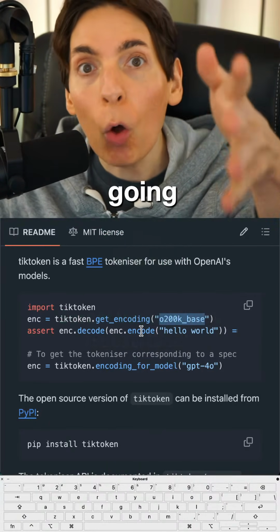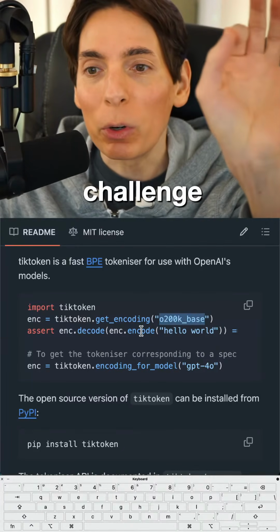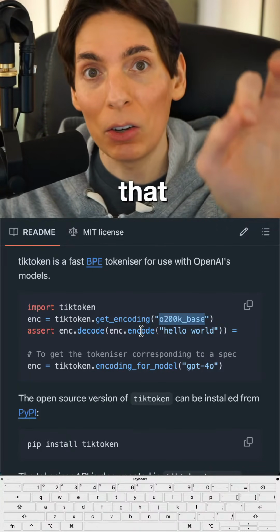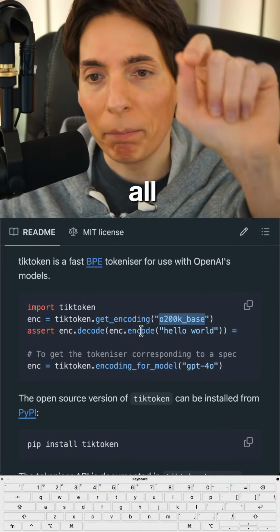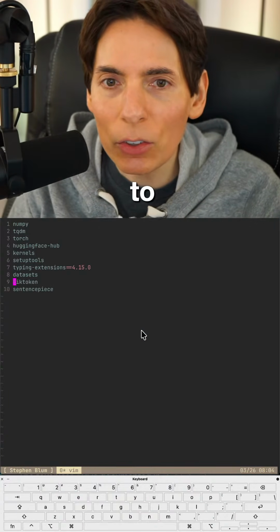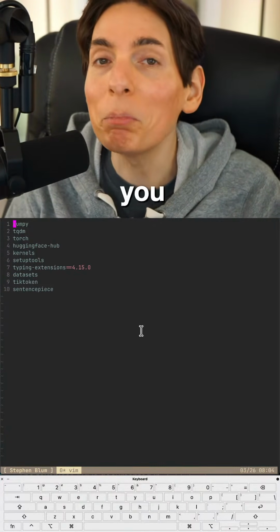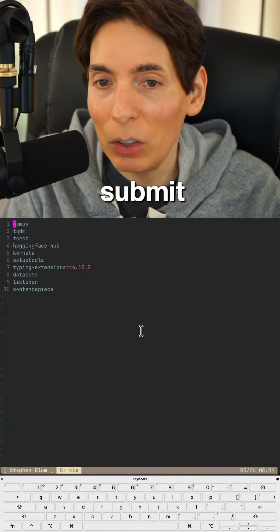Today we're going over OpenAI's coding challenge. We're going to see every piece of it that we can understand. We're going to look through all of it, and we're going to answer any questions you guys have. If you want to submit your code,